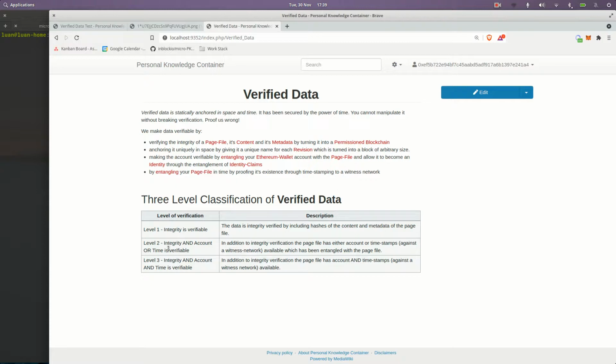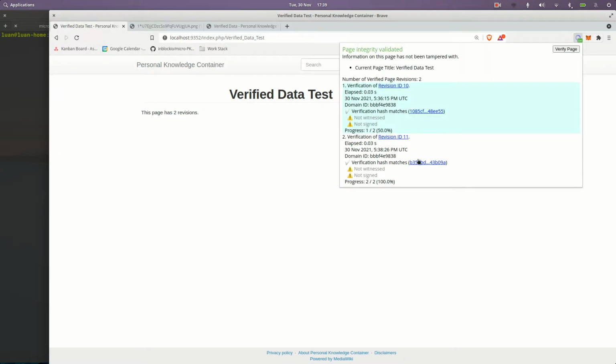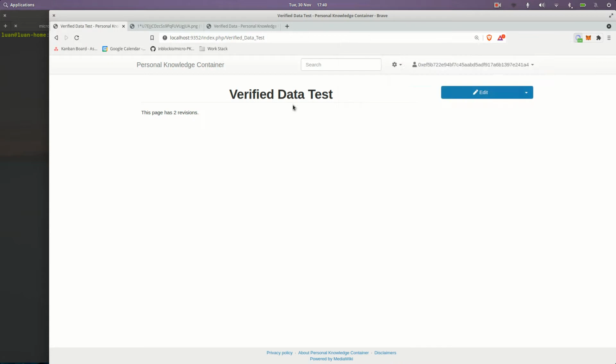But I can go further than that, and that's where we have account or time verification. And level 2 or 3, that's going to be determined by whether you've got just the account verified or also time. And let's go back and have a quick look at what that means. So the first one is time verification. Now I know that nothing has changed between these two revisions, but if I want to have a fixed anchor for the time at which this was created, that is made possible by this witnessing function that we have in the PKC. So I go to my witness page,